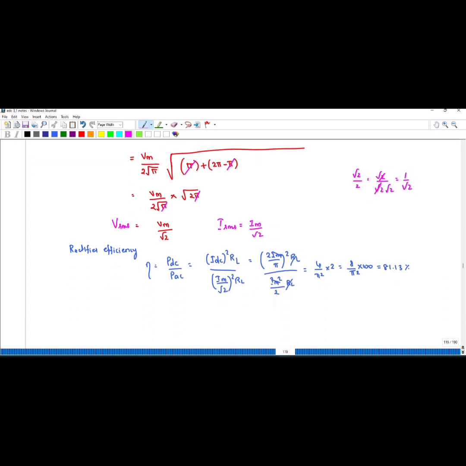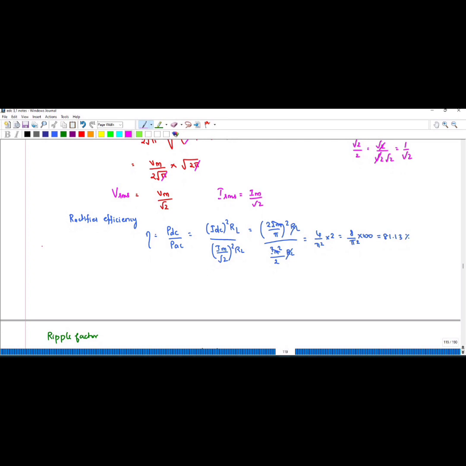Okay, so next is full wave rectifier efficiency. If you want to find the full wave rectifier efficiency, we usually find it as a percentage, so you have to multiply by 100. This is nothing but output power divided by input power, that is IDC square RL divided by IRMS square RL. If I substitute the values, I will get 8 divided by pi square into 100, that is nothing but